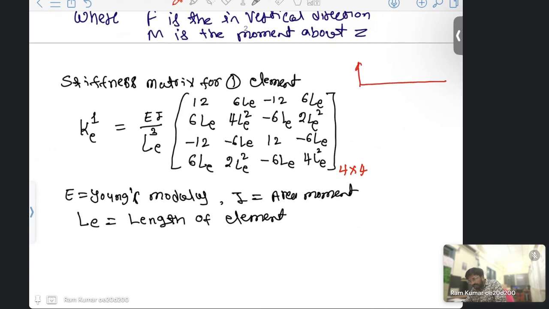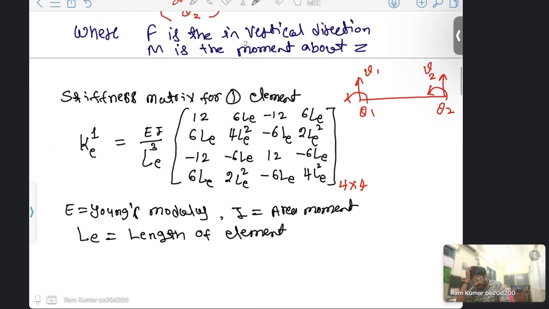It has 2 degrees of freedom: v1, theta 1, v2, theta 2. So I will write here v1, theta 1, v2, theta 2. Then here also v1,